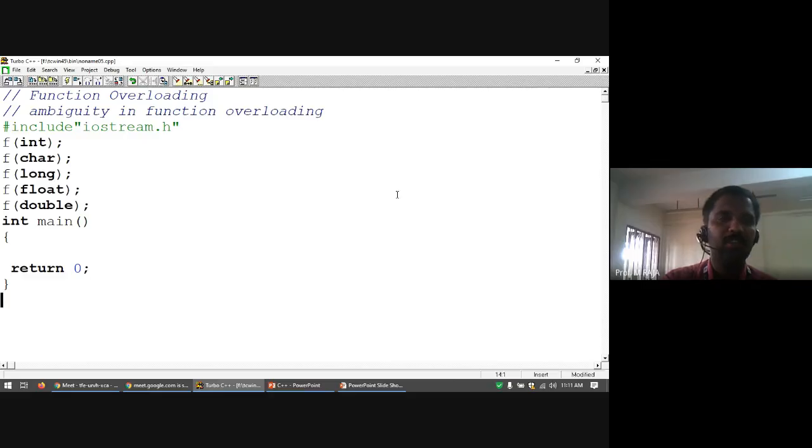Now define these versions. First one, f of int. Let us write the statement cout less than "int version is called", less than we are printing the value of int. So here the parameter is, for example, int x. Cout, "int is called", x, printing the value of x. Then endl,